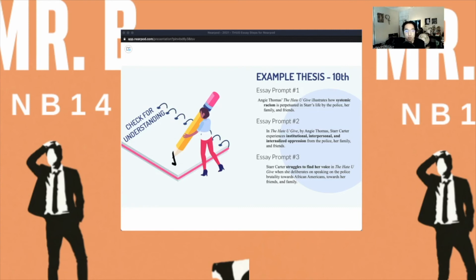And so these are kind of more simple examples of what a thesis statement could be. It can be a little more complicated, and it may not even just have to do with police, her family, and friends. But those are definitely some 3 big concepts that we are kind of seeing throughout these first 8 chapters, right? And so these are just examples of thesis statements that you could incorporate yourself if you want, or alter it for your own purposes of what your argument is going to be based off of the prompt that